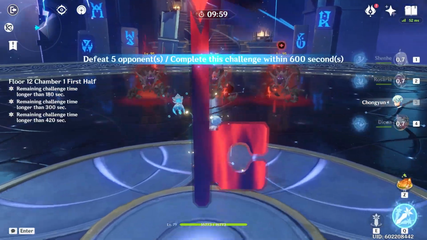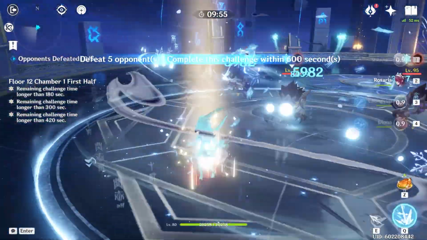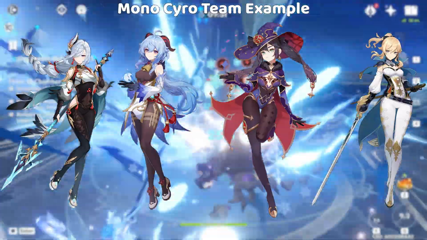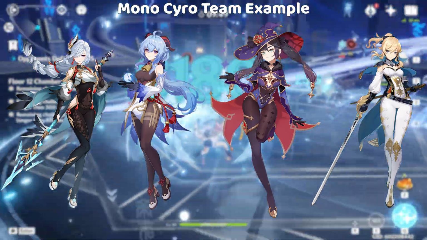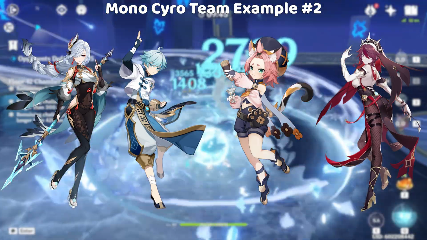Mono Cryo team, this is the most basic team you could run, and a lot of people run this, myself included. The base of this team is Shenhe plus a Cryo unit plus a healer and utility. A simple example would be Shenhe plus Ganyu plus Mona plus Jean. A pretty standard team. On the other end of the scale, we have a team like Shenhe plus Rosaria, Chongyun,